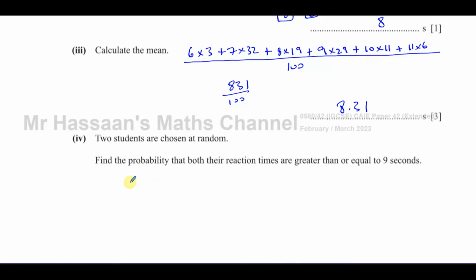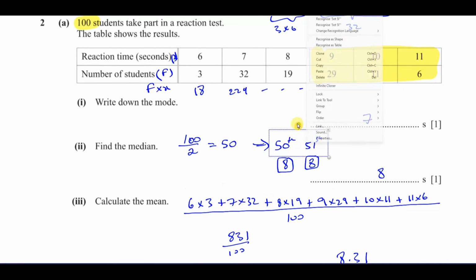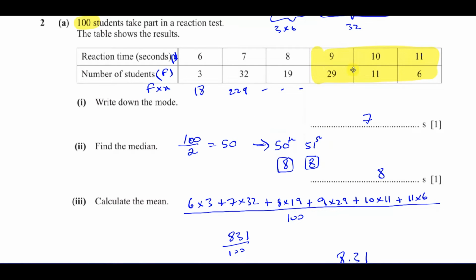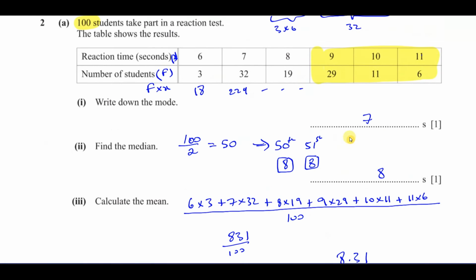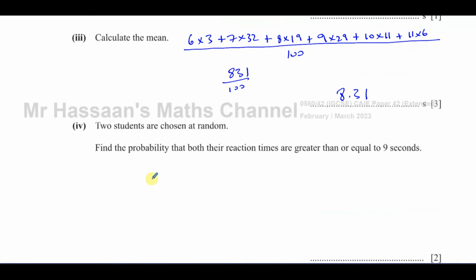So for the first one, you're going to have to add all these together, you're going to have 29 plus 11 plus 6. Let's write that down over here. The sum of those is going to be 29 plus 11, that's 40, plus 6, 46. Okay, is that correct? 17 plus 29, that's 37, 46. Yes, that's right. So you have 46 over 100 for the first one, and the second one,